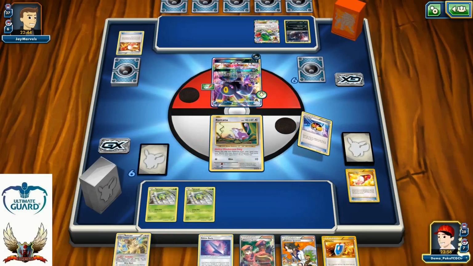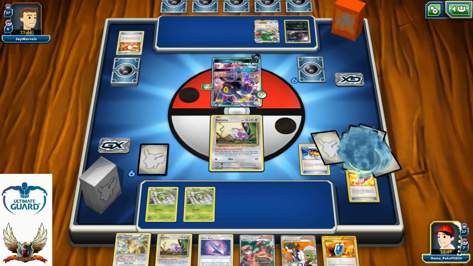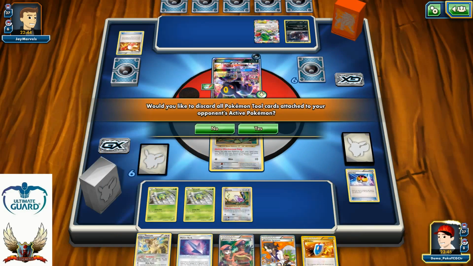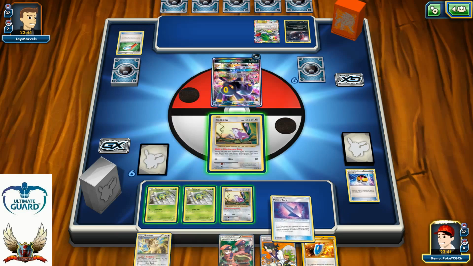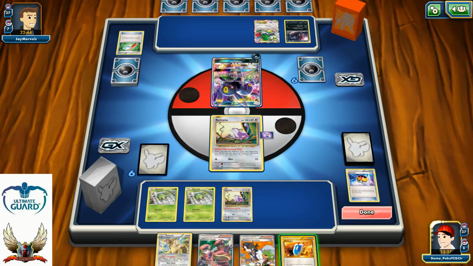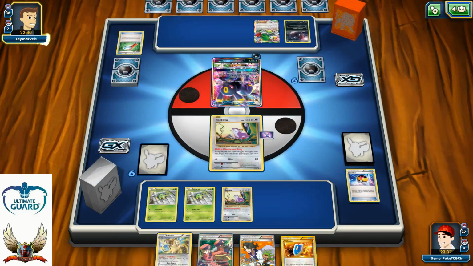So what I'm gonna do here is I'm gonna just grab my Rattata, put him down to the bench. You know, discard my opponent's tool, attach the Poison Barb to the active Rattata. But more than that, that's it. Can't do anything else, but at least I can force him maybe to